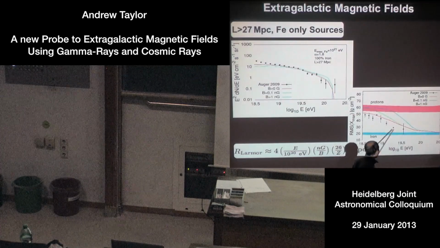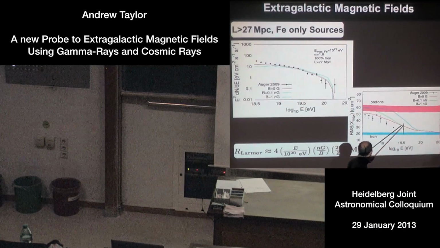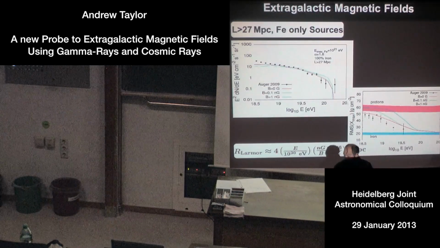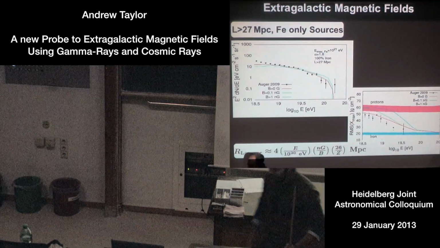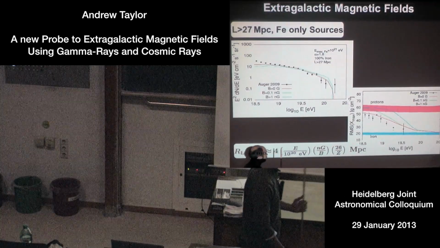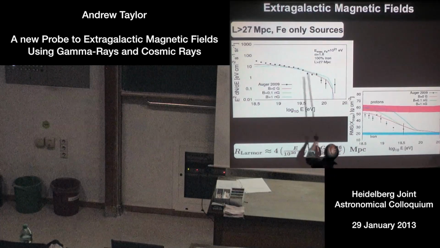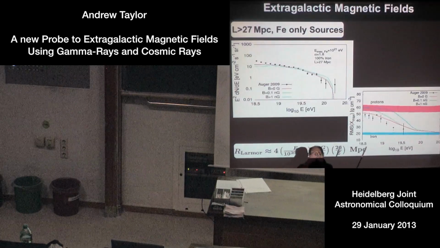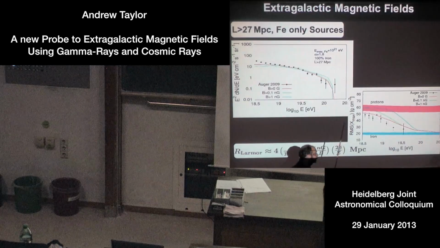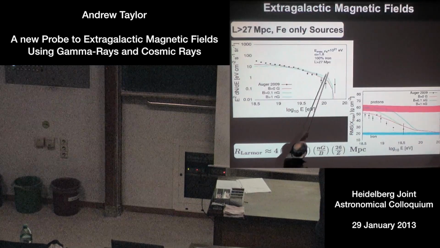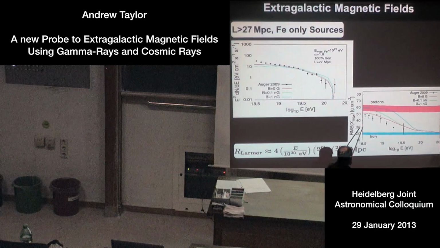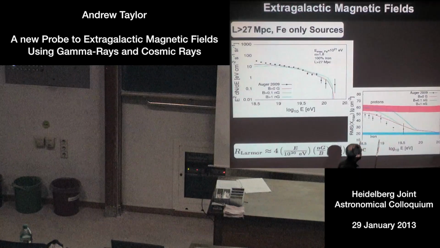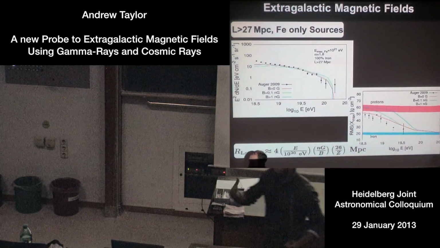So here I've shown you how the composition changes. So here's the no magnetic field case, and this is the 0.1 nanogauss, and this is 1 nanogauss. You can see that in terms of fitting the RMS data, we'd have a big problem if the fields were as strong as 1 nanogauss and the sources were more than 27 megaparsecs away. And I wanted to also remind you that this is a very extreme scenario. It would get much worse, for example, if the cosmic rays were lighter, essentially because we would be starting off with lighter species, and so with the disintegration, they would turn over to protons more easily in terms of arriving composition.